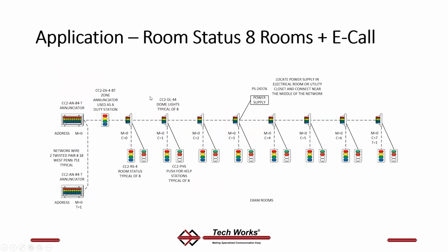Here's that exam office again, or clinic room space where you have the smart stations. But then look here, I've got a solid line going down to a push for help button. Why would you want this? So a lot of times they'll put this 4-button station and this dome light out in the hallway, but the doctor still needs access to a push for help